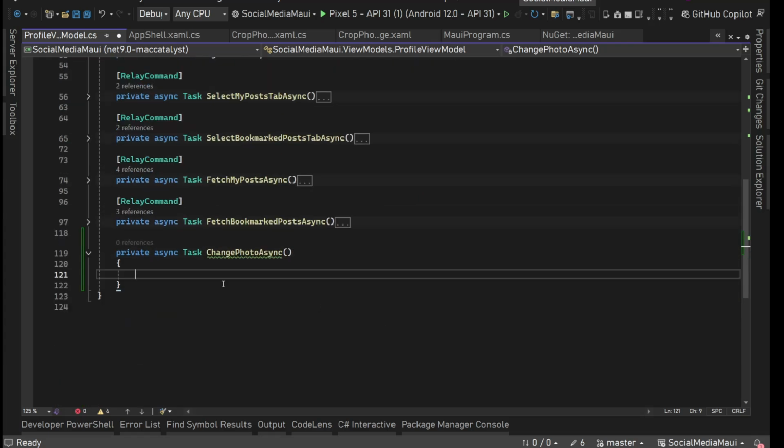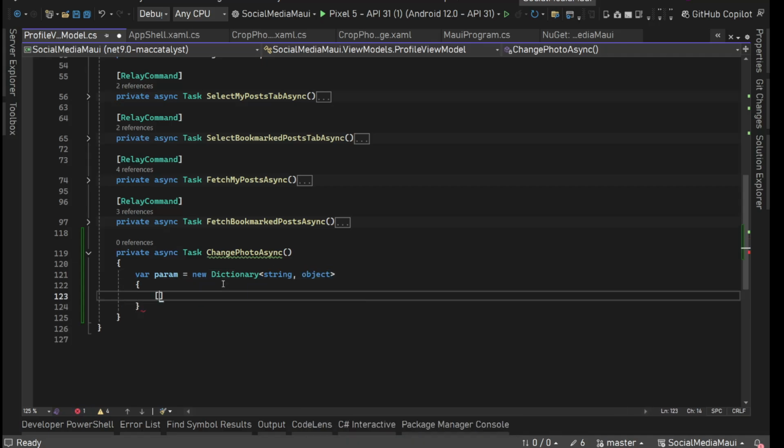Okay. And from here we'll say var param equals new dictionary string object. Then key is going to be name of crop photo page dot photo source. The value is going to be the